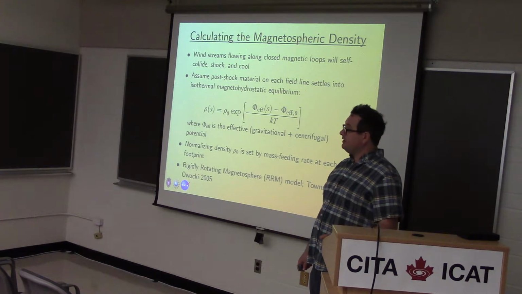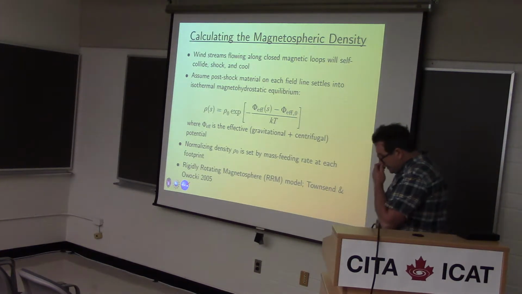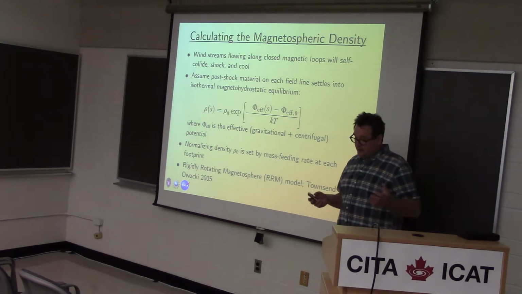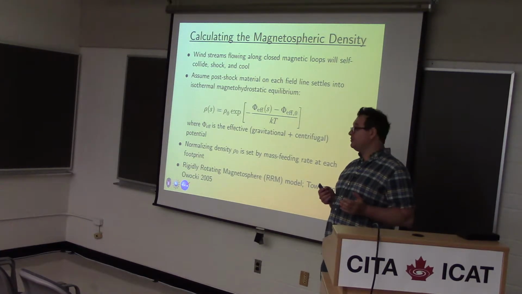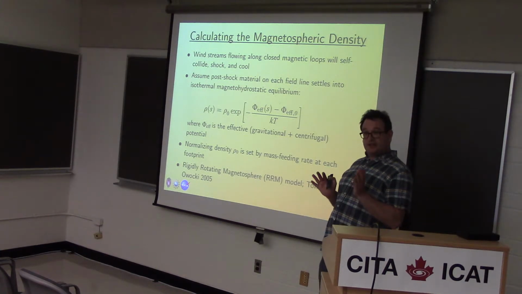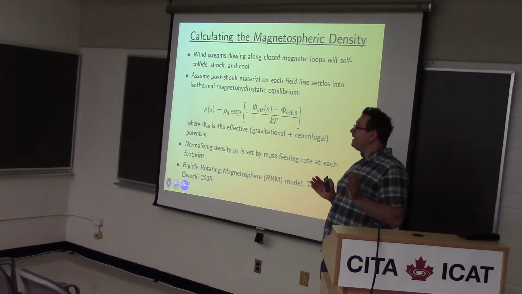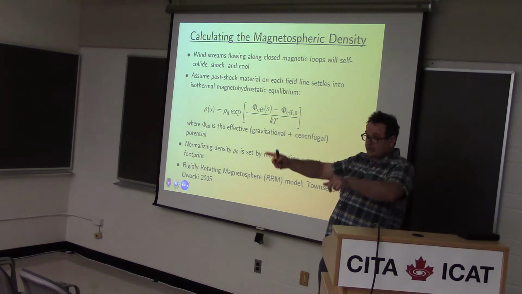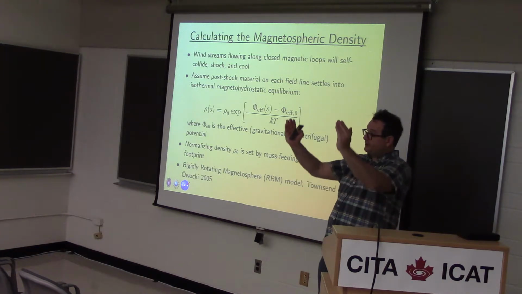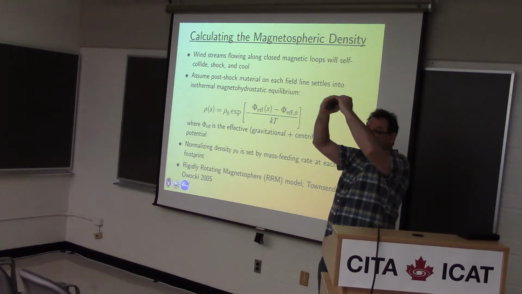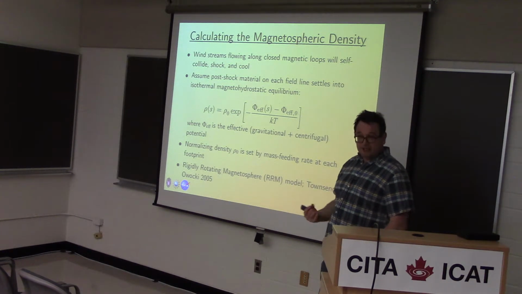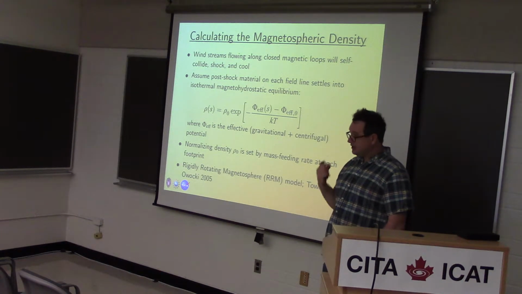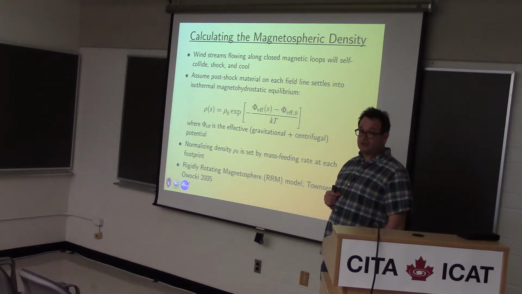Now we've got to work out, well, what's the distribution of material going to be on that magnetic field? So when a star is launching wind off its surface and it's launching that wind onto closed magnetic field lines, the wind is going to be forced to collide with itself. If we have a single magnetic loop, there are wind streams coming up from each foot point. Those streams are going to collide at the top, and they're going to shock. And then the post-shock material is initially going to be very hot. It will emit in X-rays. A lot of these magnetic stars are strong X-ray sources.